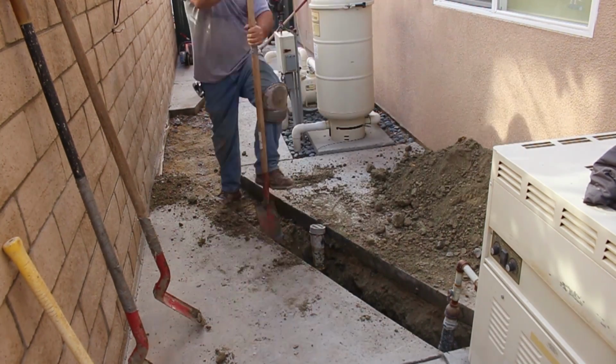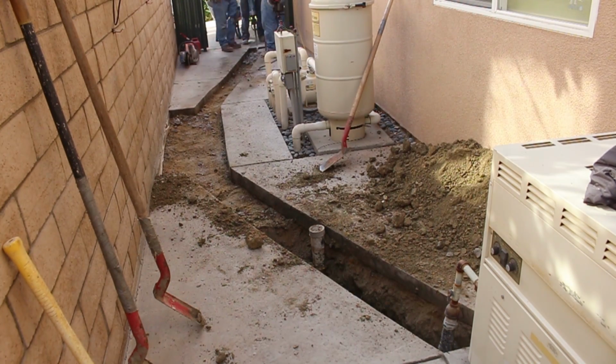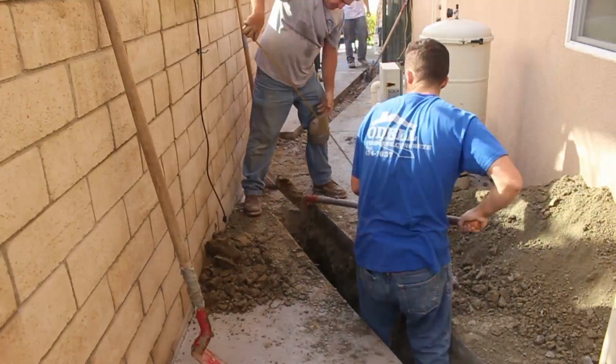So I'm not going to really waste a lot of time to figure out exactly where it was. I'm pretty confident that's where it was, but it was at the other end near the gas meter. So what I'll do is just dig a new 18-inch trench, and I'm going to drop poly pipe in as well. The only difference that I'm going to do on this one rather than what they did before is I'm going to weld the pipe